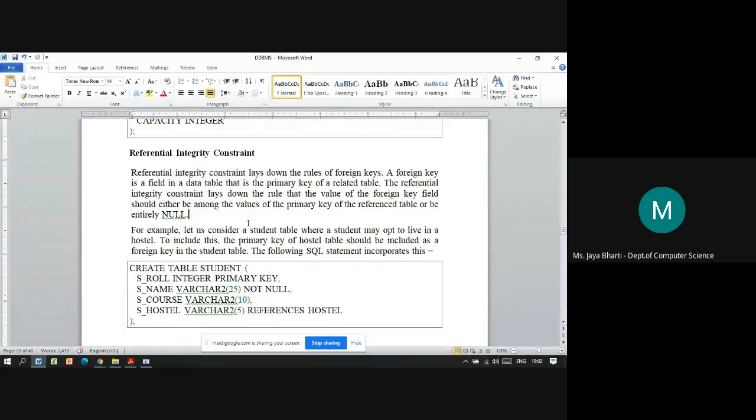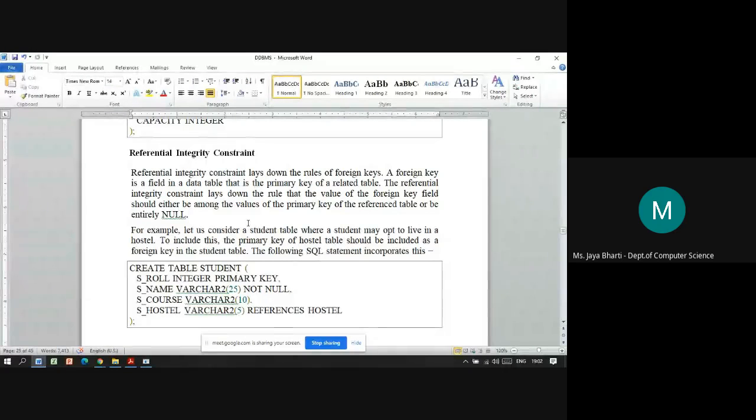Now to logically connect these two tables, we require the referential integrity constraint. That is the primary key foreign key concept. In the employee table, we create EMP ID as a primary key, and in the DPT table, we make EMP ID a foreign key.